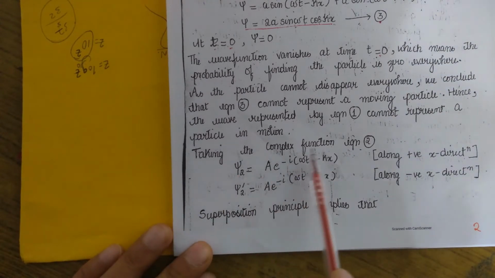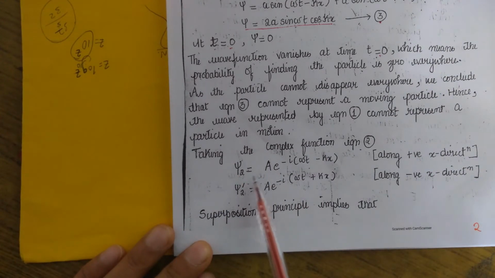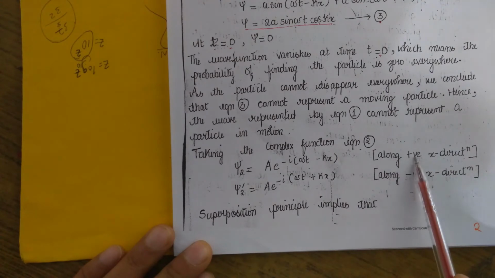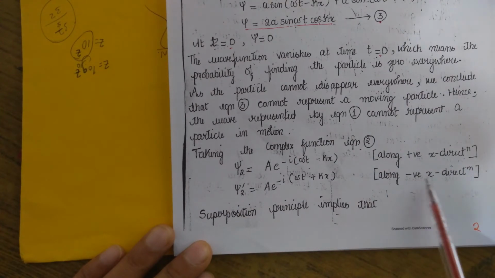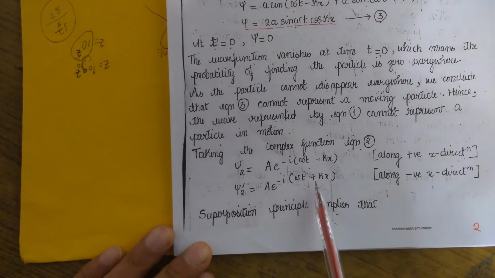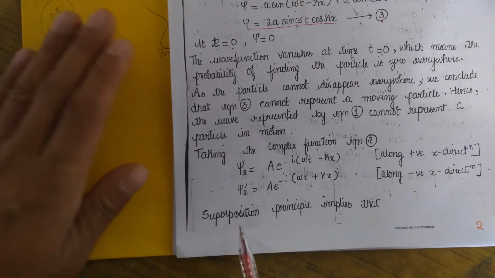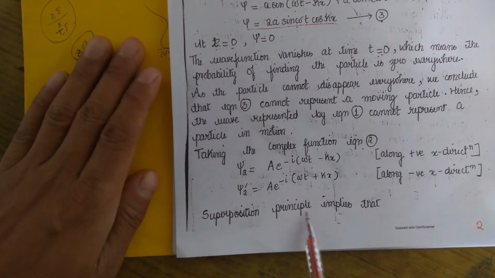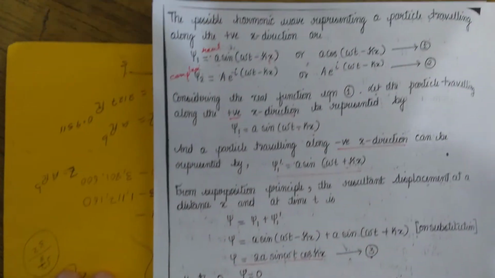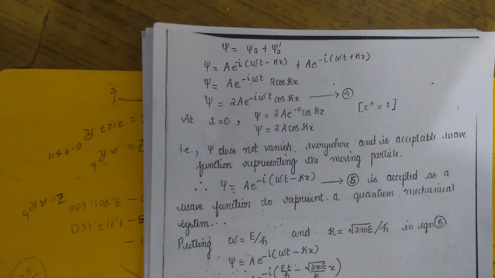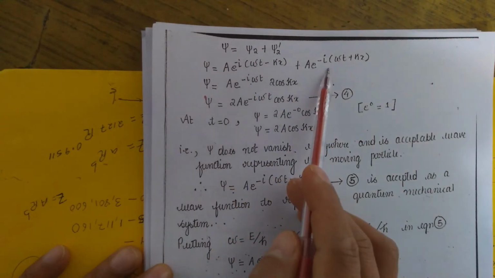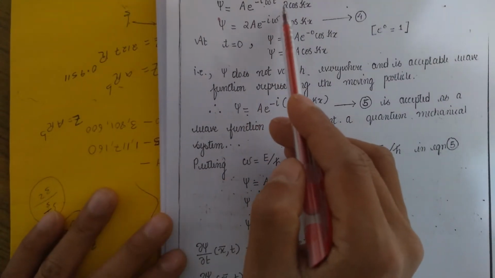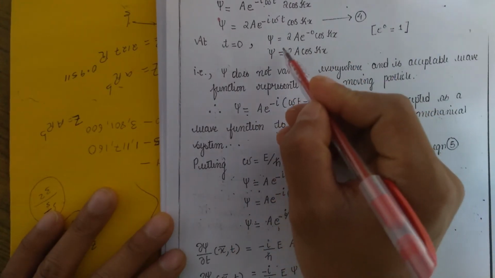This is the complex function. So psi 1, we have this function along the positive x direction. That's why we have this minus, and psi 2 is the same wave function but in the negative x direction, so in that case this minus will become plus. In the same way, we'll use the superposition principle to combine these two equations. If we combine these two equations, we are going to get this one, and we will substitute their respective values, and by further simplification, we will get this one,